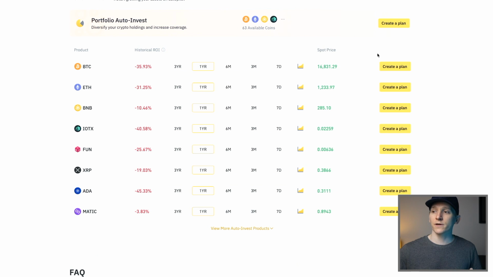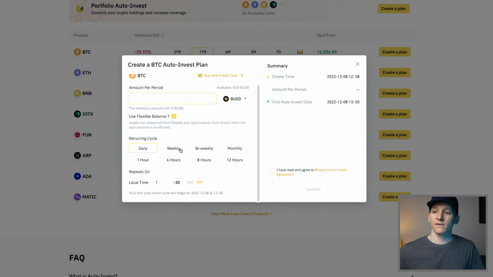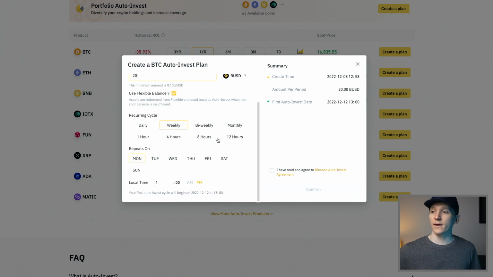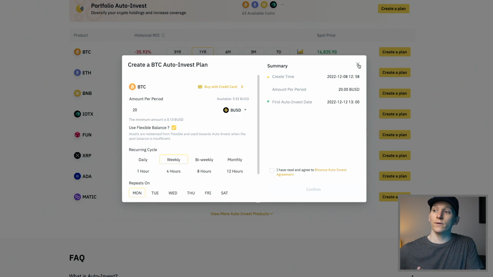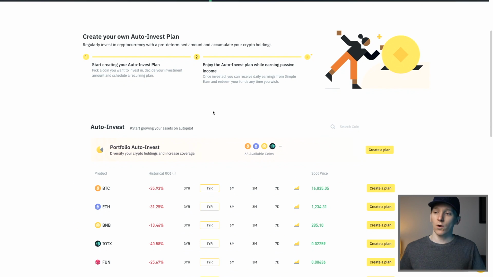But with dollar cost averaging, all you do is create a plan. You put some dollars in your account. If you put some dollars or pounds, whatever, it goes straight into BUSD. You can put the BUSD there, and then you can say, I want to buy weekly $20 or whatever it is, $200 on a Monday at 1 a.m. and it's just going to tick over. You can do that on Binance, you can do that on other exchanges, and you can just do it yourself as well each week where you just log in and buy some and then take it out to a wallet that you own. And that is dollar cost averaging. But like I said, at least 10 years as an investment time horizon.